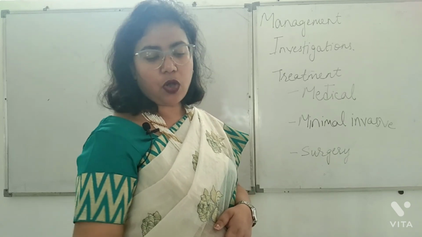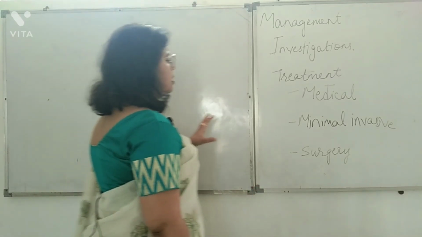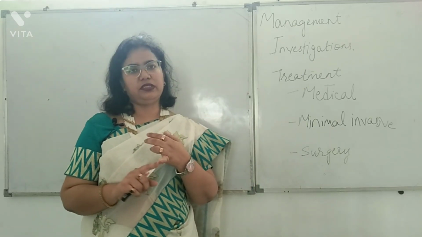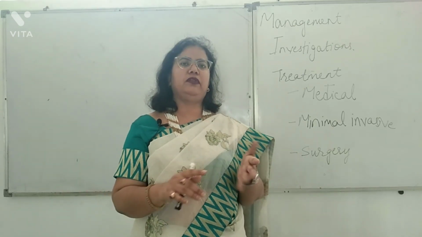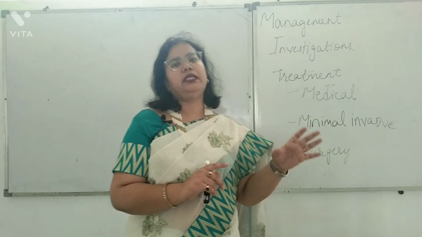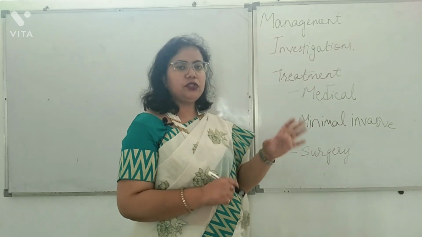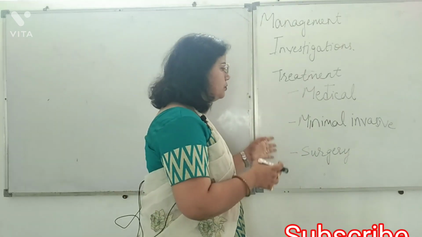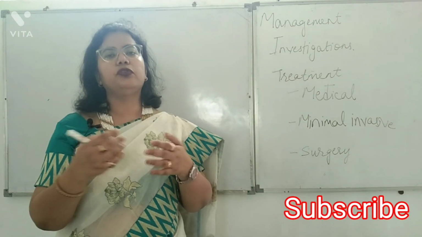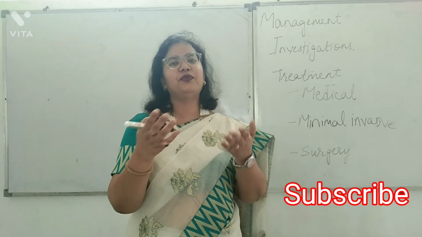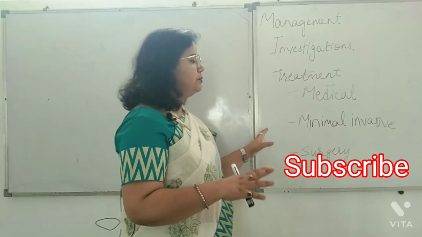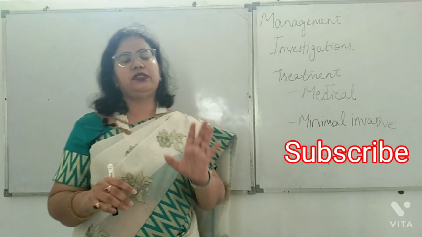And what are the complications? Complications of any surgery, it is surgery related only. What is that? Hemorrhage. Hemorrhage can occur in any surgery post-operatively. It is primary, or it is reactionary, or it is secondary. So these 3 kinds of hemorrhage are the complication of any surgical treatment. Either you are doing surgery in gynecology, or in obstetrics, or in general surgery, or in ENT. Any surgical procedure has primary, reactionary or secondary hemorrhage as a complication.